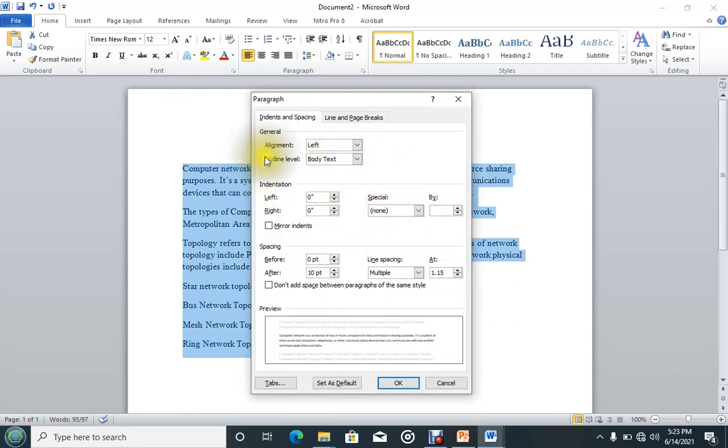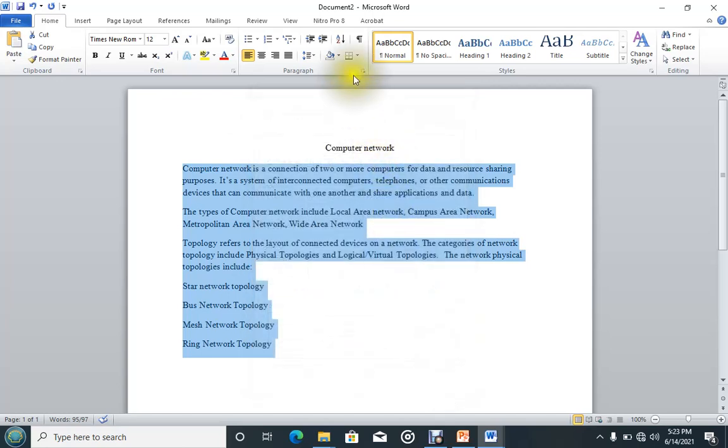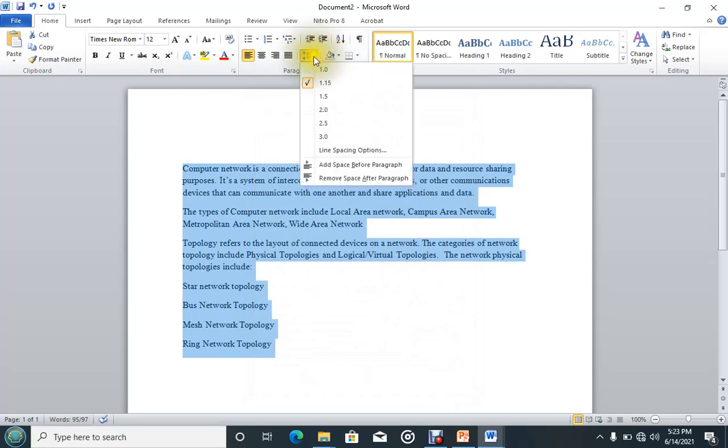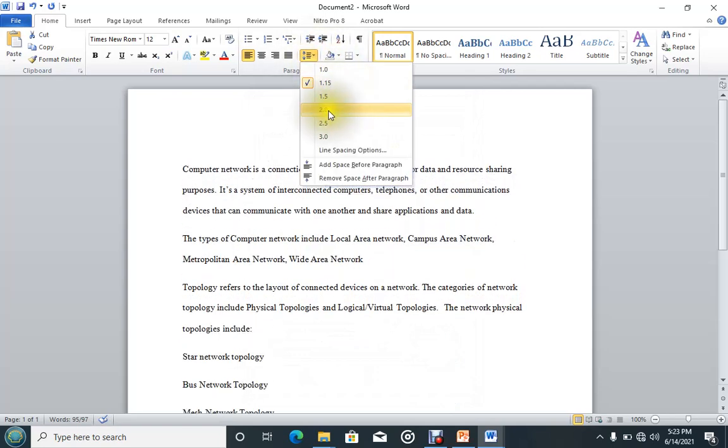You can also use single, which is 1, 1.5, double, which is 2, at least, exactly, multiple. So for now, I'm going to use this one. So let me put it to 2. So you can see how the gap between the lines is now big.